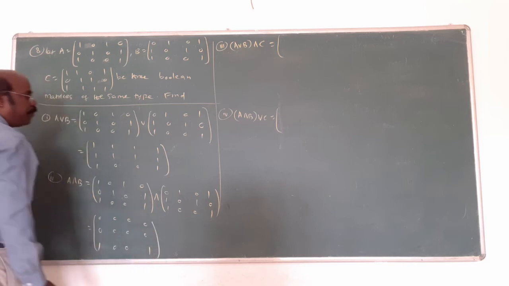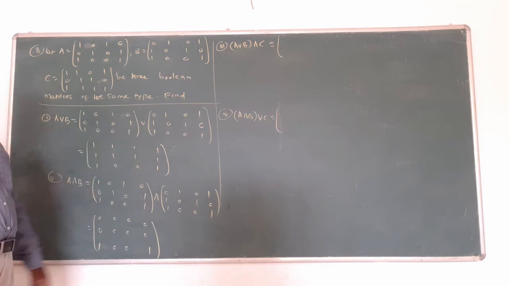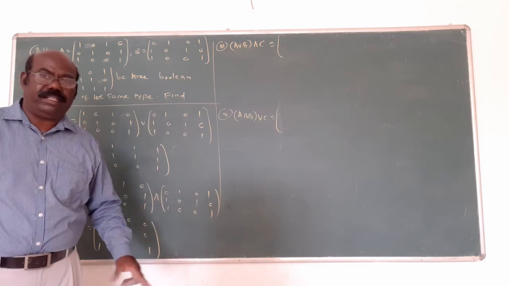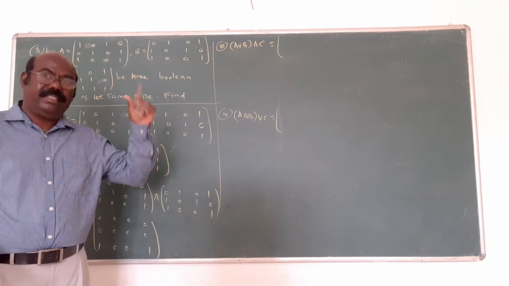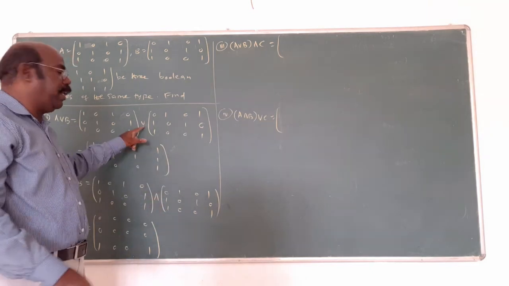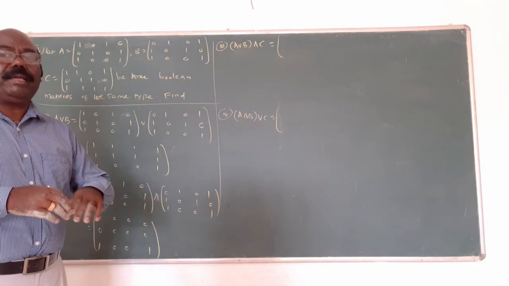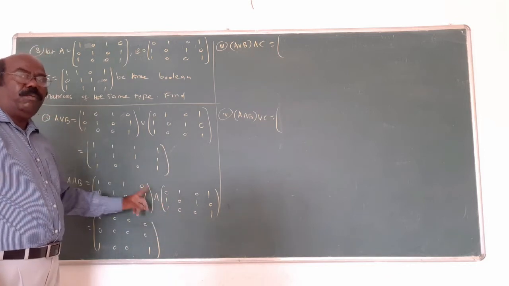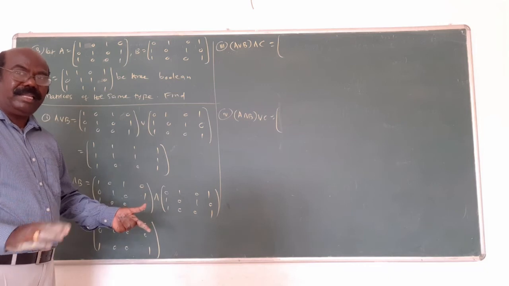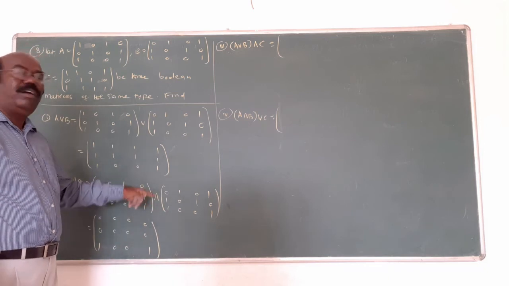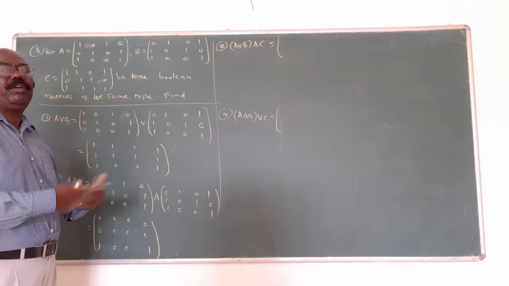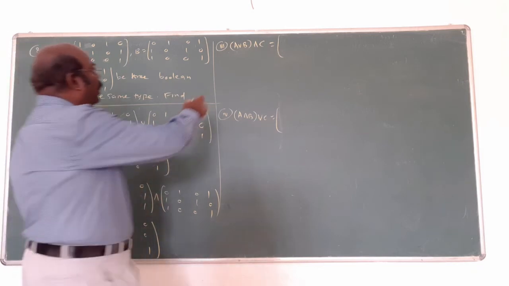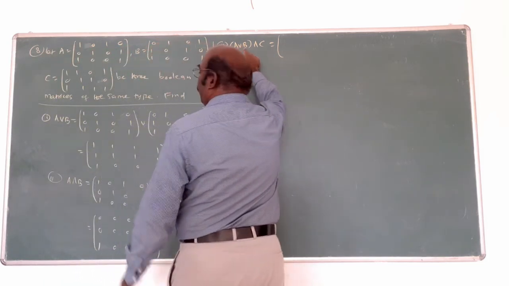That's all, this is the answer. In this way, you will find this easy way. The symbol involving both will be F means F, remaining quantity will be T. Here, the symbol involving both will be 0 means 0, remaining quantity will be 1. Here, the symbol involving both T means T, remaining quantity F. But here, both will be 1 means 1, remaining quantity will be 0.